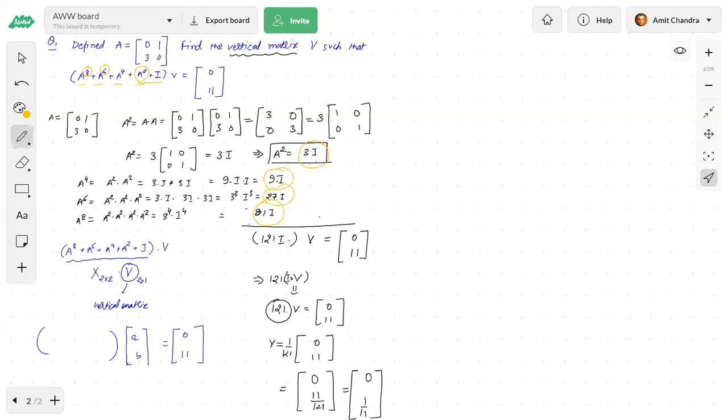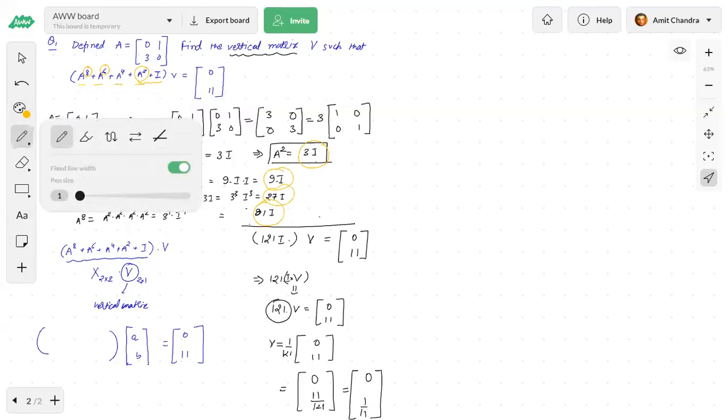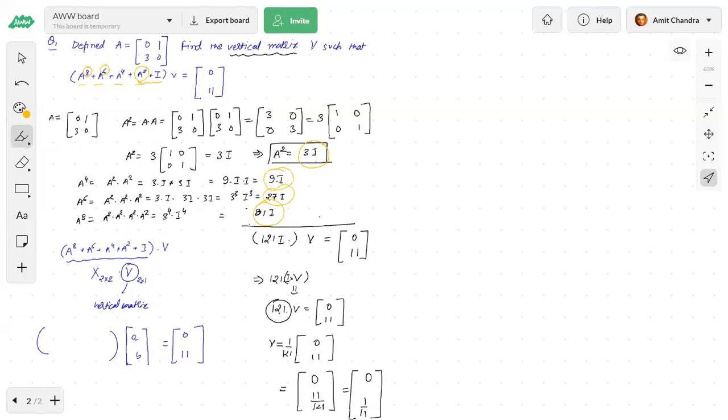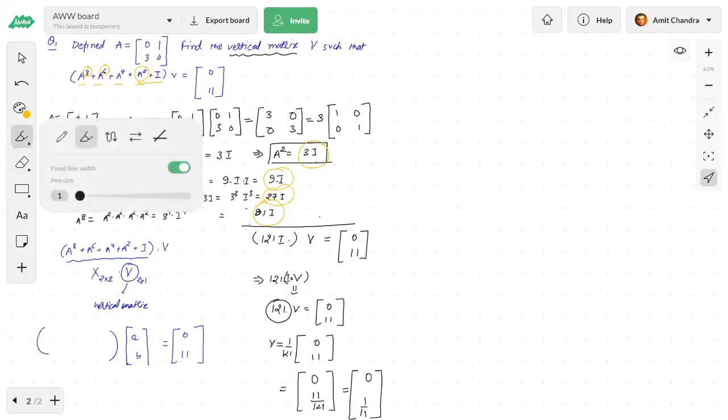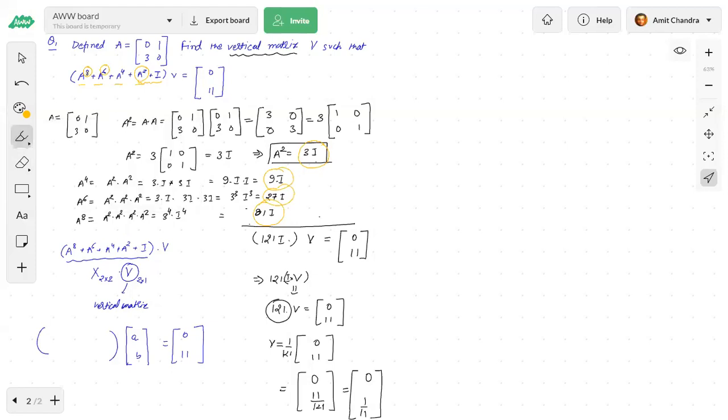So what is happening? They are asking for a to the power 8. Now if they are asking for something like a to the power 8, that means there has to be some pattern, and we'll try to find it. To find the pattern, we can first find a square, because the pattern will start from a square. If you can see in the question, they have only asked for even powers: a square, a to the power 4, a to the power 6, a to the power 8, plus the identity matrix.